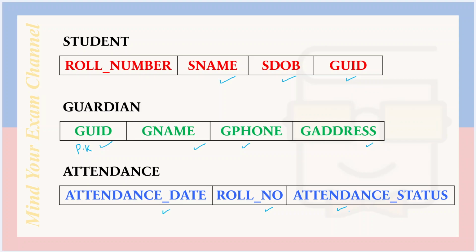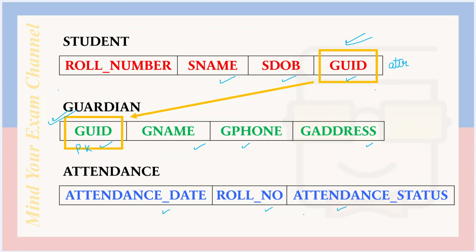Now in such tables, GUID is the primary key of the guardian table, right? And the same attribute is present in our student table also. So the attribute GUID which is present in the student table is referencing the primary key of another table, which is the guardian table. In such a scenario, when an attribute of a particular table refers to the primary key of another table, then this particular attribute is known as the foreign key,